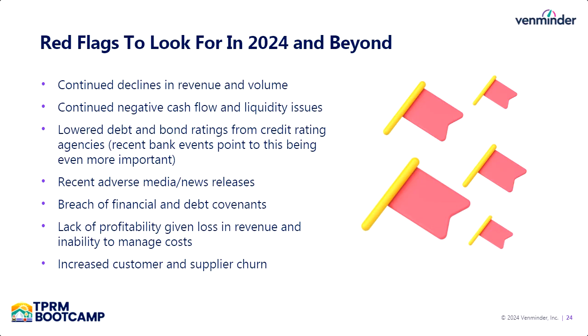Thank you all. We'll end with a highlight of a number of red flags to look for when you're doing financial health reviews in 2024 and beyond. So declines in revenue and profitability, cash flow and liquidity issues, and any sort of material breaches or adverse media are very important red flags to keep in mind. Also, customer concentration or any sort of churn is indicative of a red flag you should double click into and perform more oversight. Again, this list isn't exhaustive, but gives you an idea of the things to look for when you're doing vendor financial health reviews.